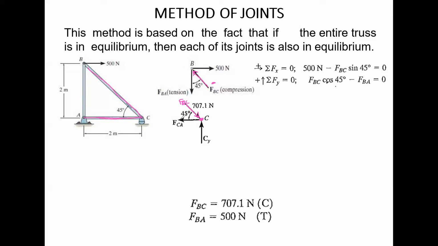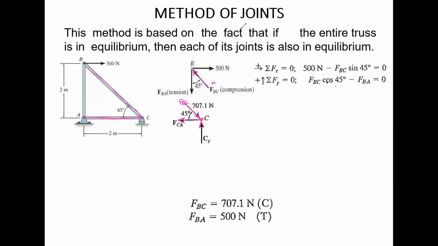Now, in the link AC, we are assigning the force FCA in this direction. Since we are assigning this force for the first time, we are free to take any direction, either leftward or rightward. Suppose FCA is acting in the leftward side. Then CY must act vertically upward because it is a reaction. You can change the direction of a reaction force, but we are not going to make it complicated, so we are taking the direction of reaction CY vertically upward.